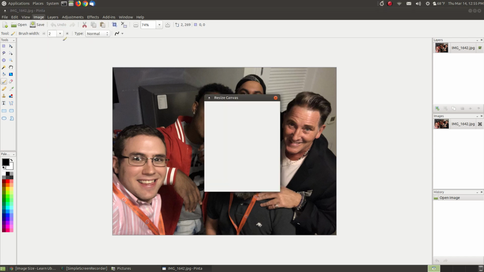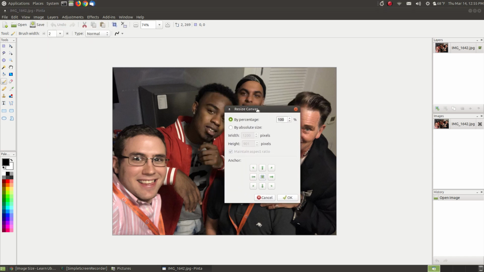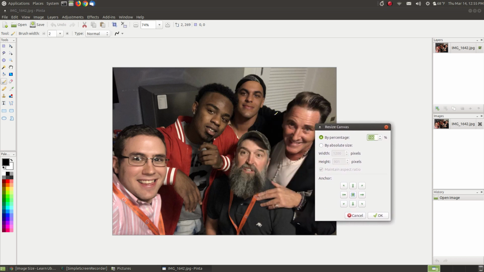Let me go to resizing your canvas. Now notice here, I'm already using a picture. So by resizing my canvas, if I make my canvas larger, it's going to appear larger than the picture. So if I wanted to make a large collage, I could pick a big canvas size and put a lot of small pictures on it. And that's where using a large canvas and small pictures comes into effect. If you're being very artistic and using the tools for creating your own image, you can choose whatever canvas size